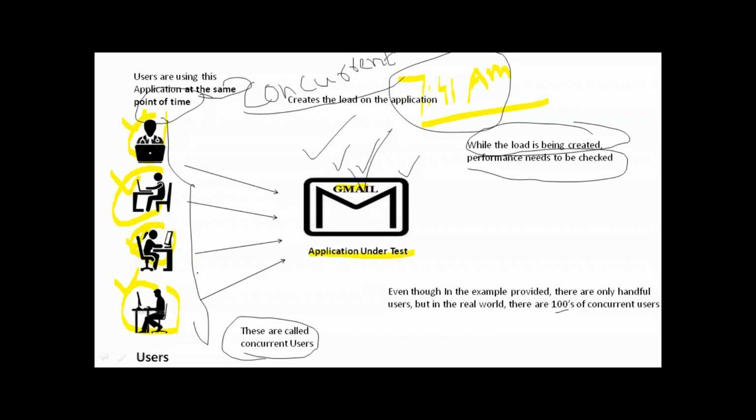So you create a concurrency of 1,000 or thousands of concurrent users, so that it applies the load. The load is getting created on the application, and then you check the performance of the application, and that's exactly what performance testing is. That's exactly what performance testing is, guys. Okay,